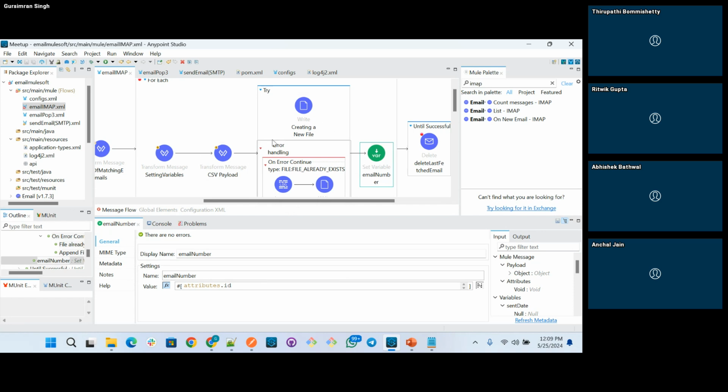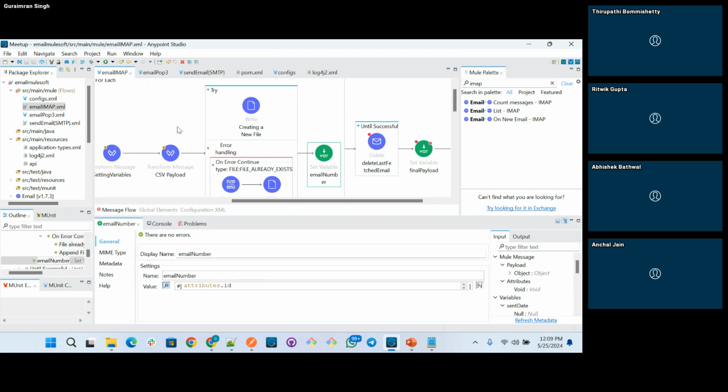Once this is completed, can anyone tell, when this for each is completed, for example, if we have 10 emails in our server, after this for each, which ID will be accessible to the next component?